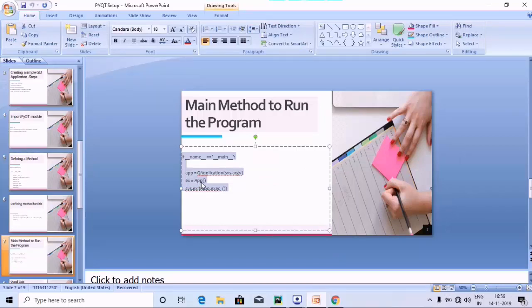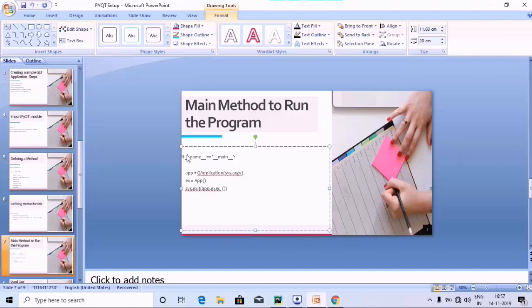And lastly, we are going to use sys.exit, and inside the parentheses we are going to call the app, which is this QApplication, and sys.argv. So this is referring to app dot execute underscore, followed by closing the bracket. Let's go ahead and copy this code